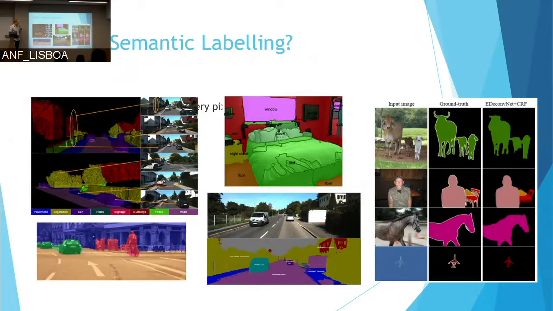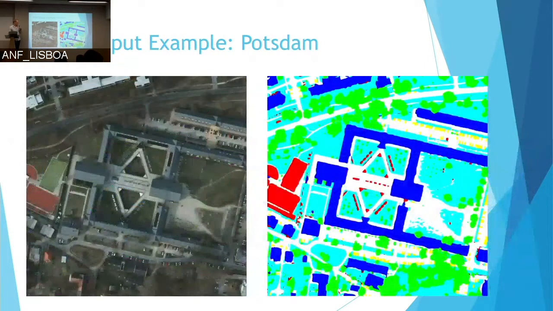It's very popular for street scenes because of autonomous driving, having a car knowing where everything is. And also, this is a LiDAR example, like a 3D point cloud from a laser scanner. You can do segmentation on that as well. This is an example of work I did in a previous job, where you have satellite images and then segment those images into different regions like roads and buildings and trees. You can see you can get a pretty good level of detail as well. So just to make it clear, the input is that, and the output is that, in the neural network.